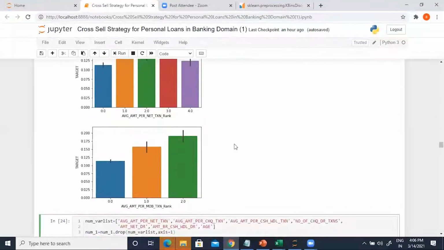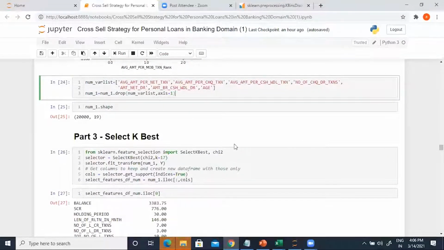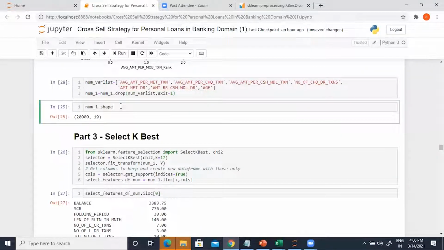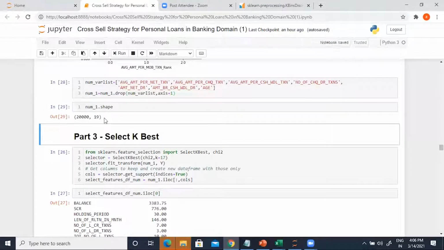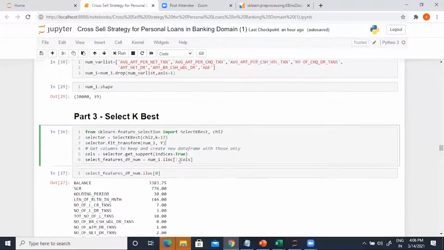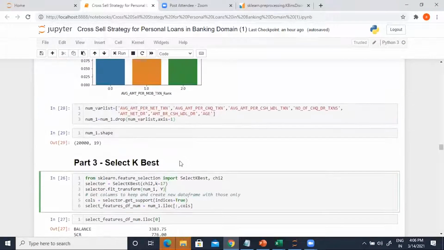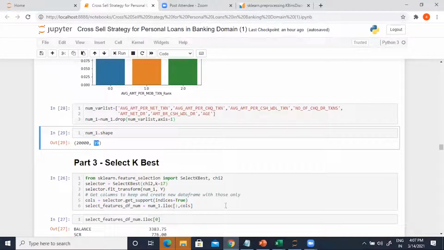All right, cool. So I'm going ahead and removing these features because they don't seem that predictive to me. Once I did that, I am left with 19 features. In part 3, based on visualizations and subjectivity, I've done this. Can I reduce it further by removing 2 features and keeping 17 odd features, but I also want these features to go through a round of scrutiny through the select k-best method.